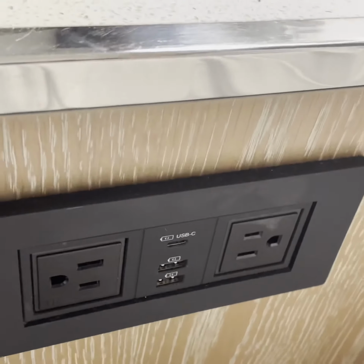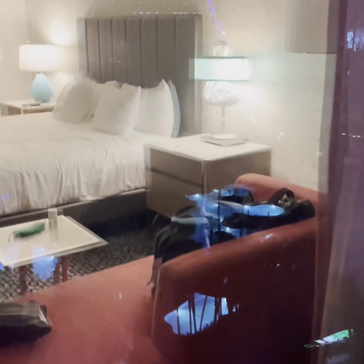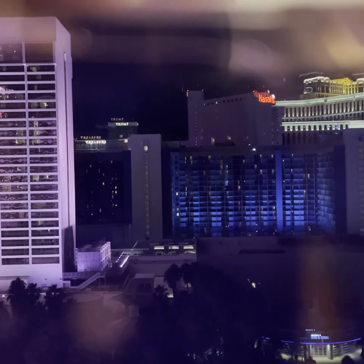And on the side, with pretty much everything, it's like these little ports and the plugs. There's also one on the side of here as well. And we're probably not going to be able to tell because we have all the lights on. But here's the view of the Flamingo